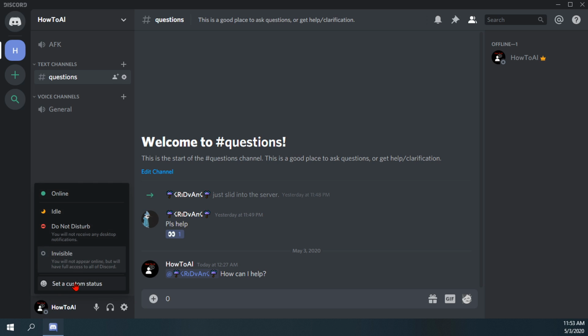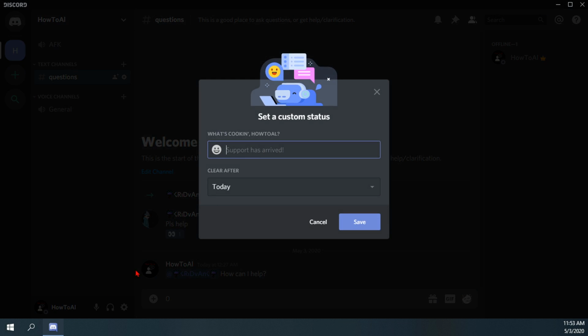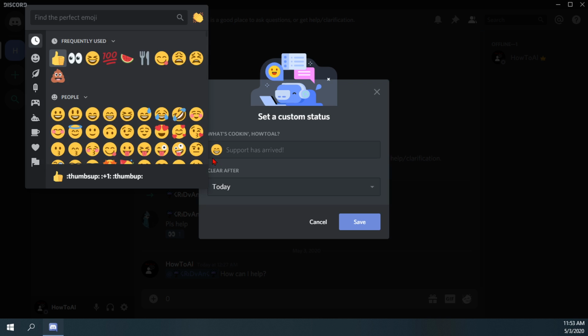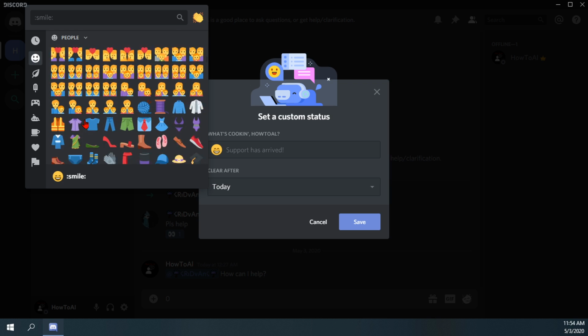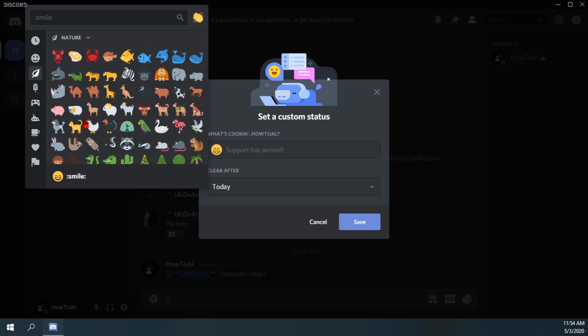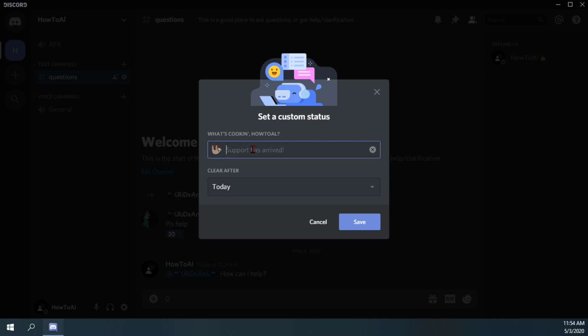Okay, but the one that we came for, of course, is set a custom status. So go ahead and click on that set a custom status option, and then the first thing you'll be given is a little text field where you can set your custom status. And then next to it, there will be a little emoji icon where you can pick the emoji that you want to have for your status. So I'll just take a little browse through here. We'll go with the sloth, and then I'll just put